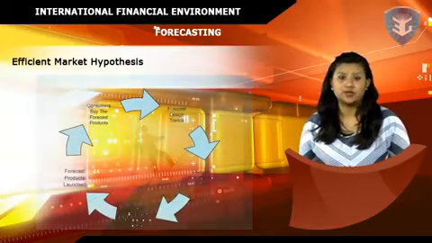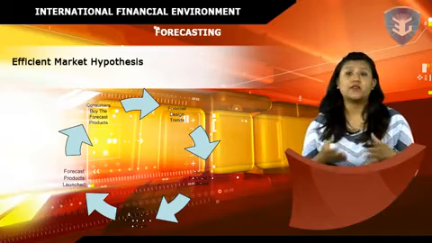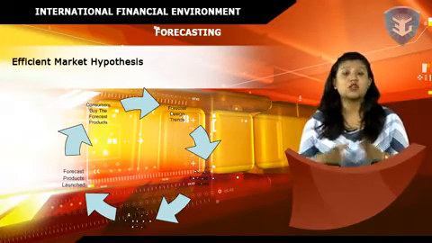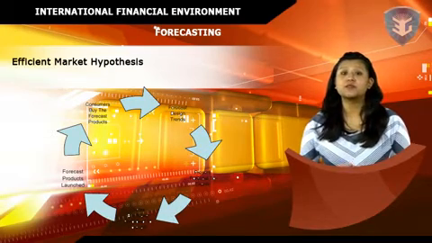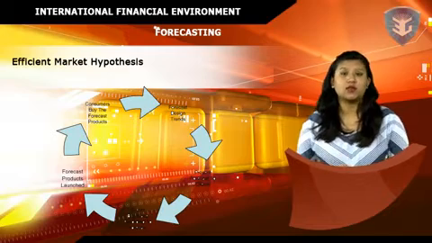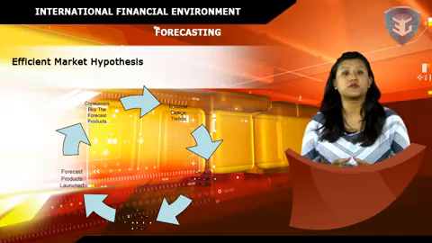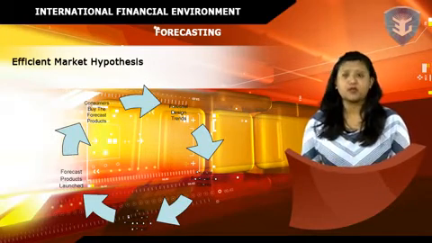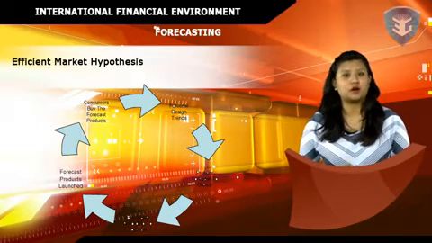Efficient market hypothesis. Market efficiency represents a joint hypothesis regarding the equilibrium of prices or returns in the market and the ability of markets to set actual prices. When markets are efficient, then market participants cannot earn abnormal returns. The efficient market hypothesis states that a market cannot be outperformed because all available information is already built into all stock prices. In other words, no arbitrage opportunities should exist in an efficient market.